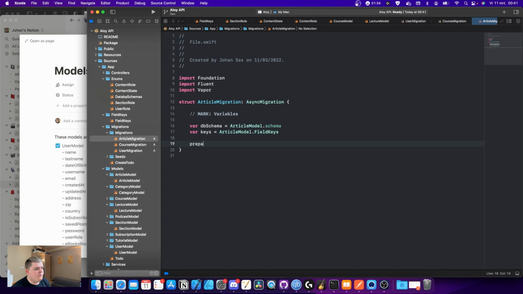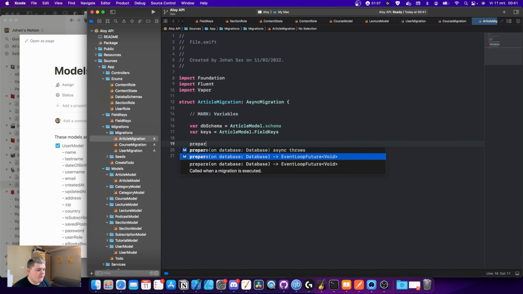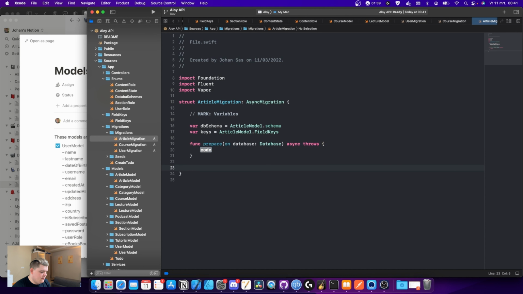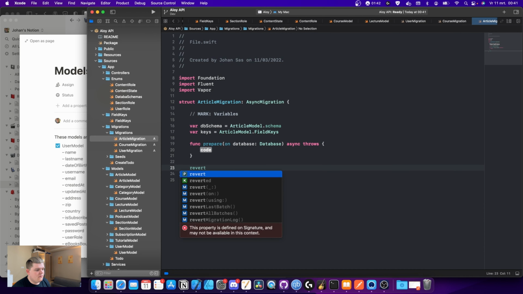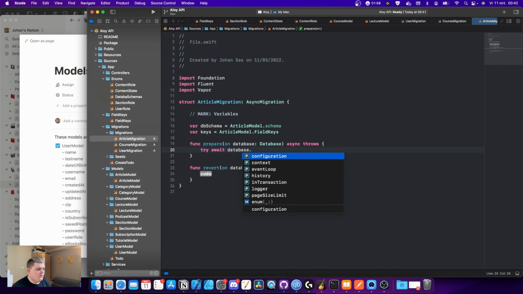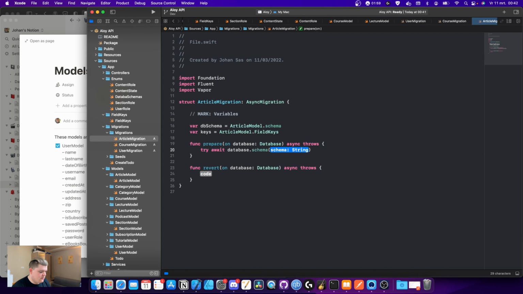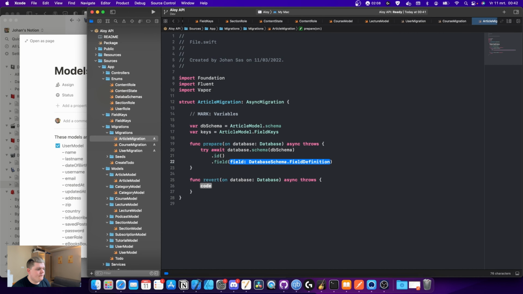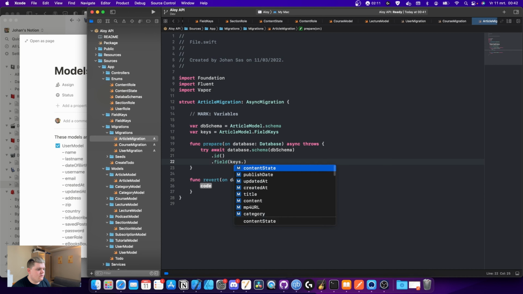And under there we're going to need prepare. Now we're going to take async throws, and under there we're going to need revert, async throws as well. So as last time, try await database.schema, and the schema is going to be db schema, and under there .id .field, and the first field is going to be keys.title. This is going to be a .string,